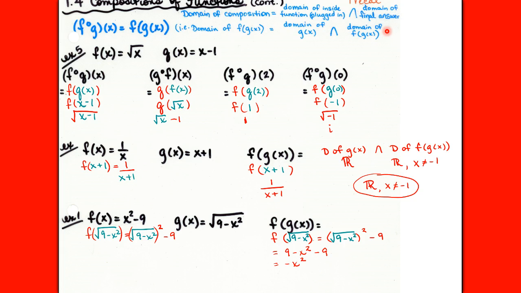So for this one, if we go back and say, okay, to find the domain of my composition, let's find the domain of the inside function and the domain of the final answer and see where they both exist. See where they intersect. See where they overlap. So let's start with the domain of g of x. If I come over and look at this guy, I have a radical. So when we're trying to find the domain of a square root, we always take what's underneath the square root